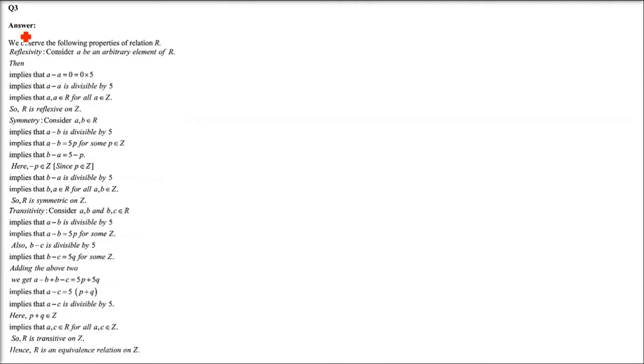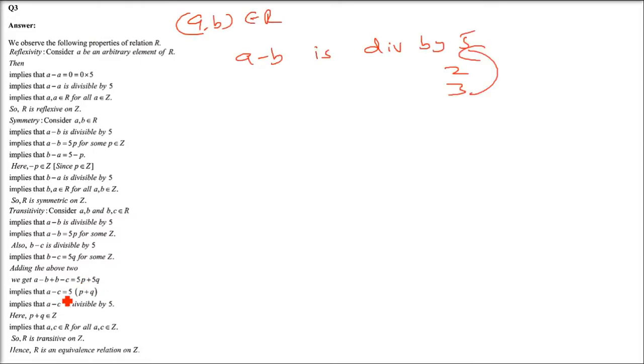Same question, just a twist of number. Question number 3, same as the previous 2. Prove that the relation R on Z, again integers, defined by a minus b is divisible by 5. And there is a question coming where we have to prove a minus b is divisible by some n. Okay, these are the specific cases. One question we are going to see just later on, which is a generalized case. So a minus b is divisible by 5 or 2 or 3 or n.